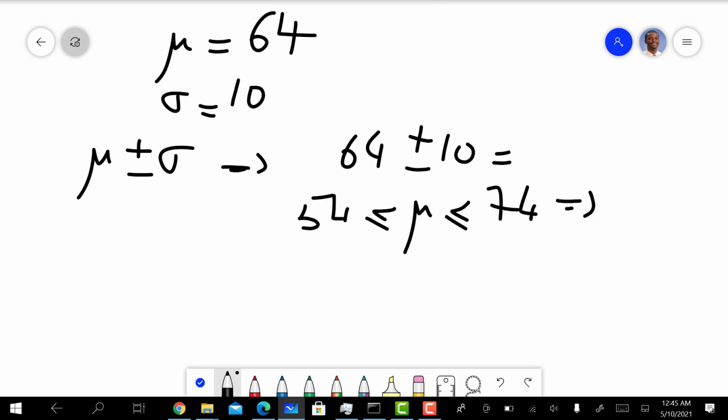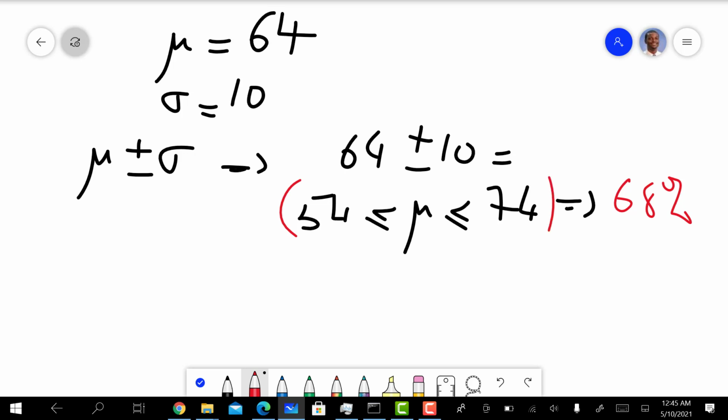And if you remember, just one standard deviation away from the mean is equivalent to 68%. So we can conclude here that 68% of our scores are between 54 and 74